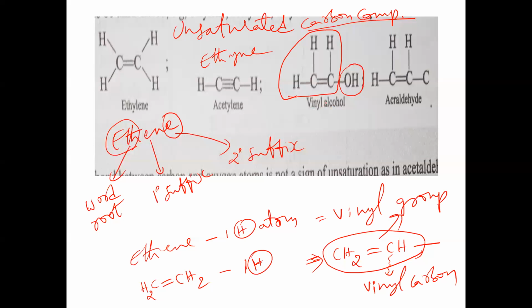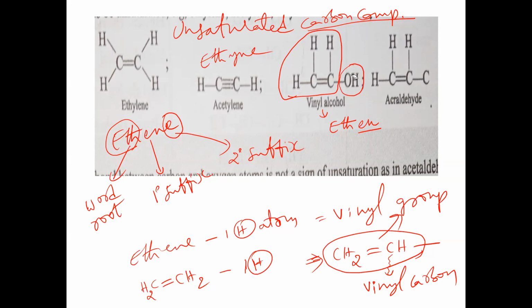Vinyl alcohol is the common name. Tell me the IUPAC name. How many carbon atoms in total? There are two carbon atoms. Two indicates eth, the root word. Between the two carbon atoms, is there a single bond or double bond? A double bond is there. A double bond indicates ene generally, but instead of ene we write en. Why? The alcohol group is present only once in the given molecule, so we take en. We should not write the e.